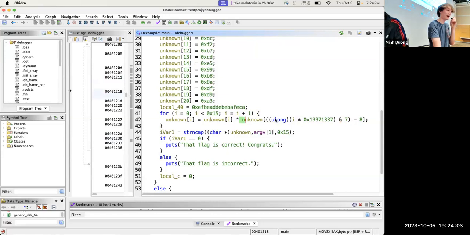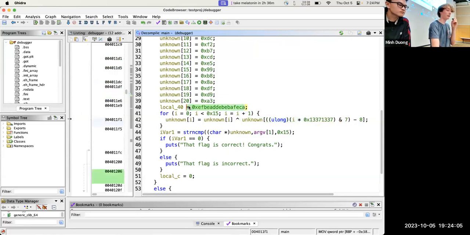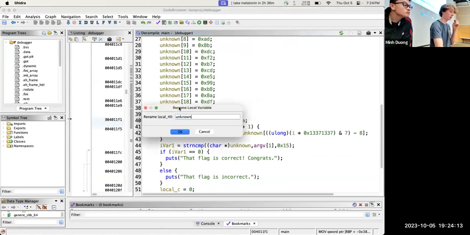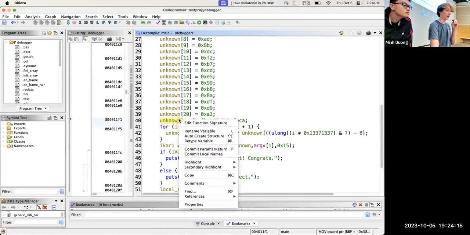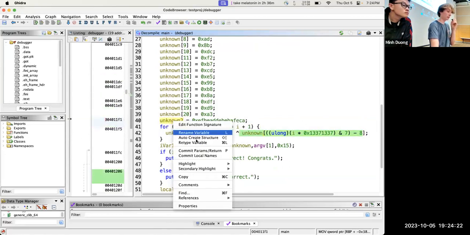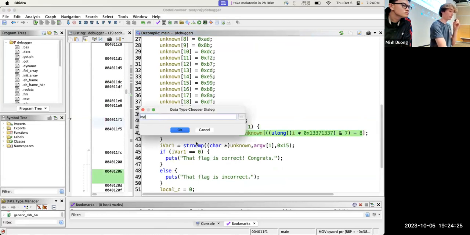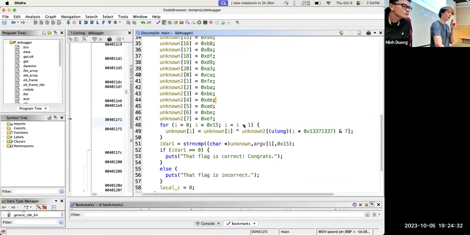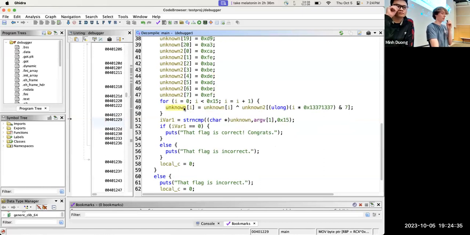So maybe this last chunk that we didn't type is 8 bytes long. I'll do that right now. I'll call this unknown 2. We know the type is probably 8 bytes, because we're indexing into this and it'll never be more than 8. So, retype. Okay, cool. So it does some sort of operation on the unknown.